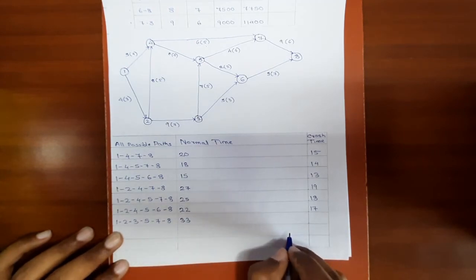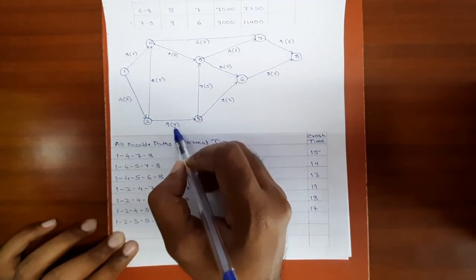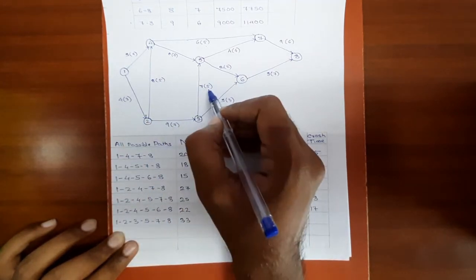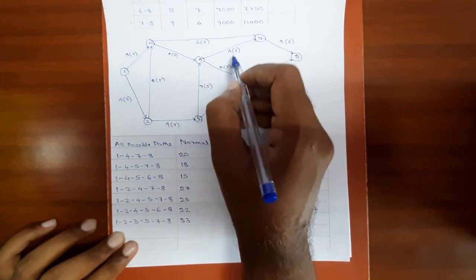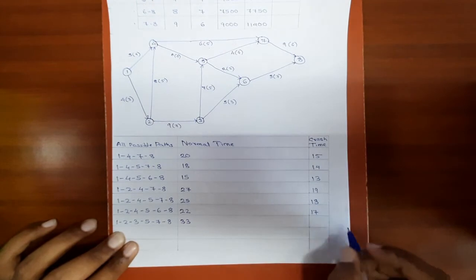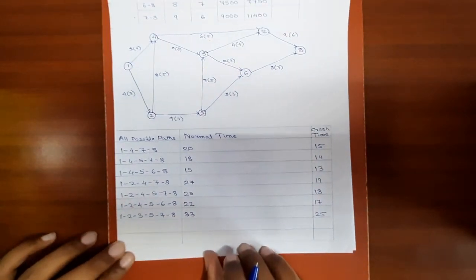Similarly, the crash duration of this path will be 3 plus 7, 10. 10 plus 5, 15. 15 plus 4, 19. 19 plus 6, 25. Next path,